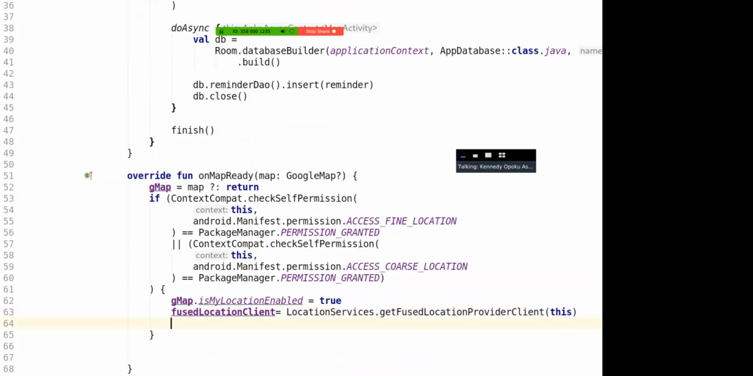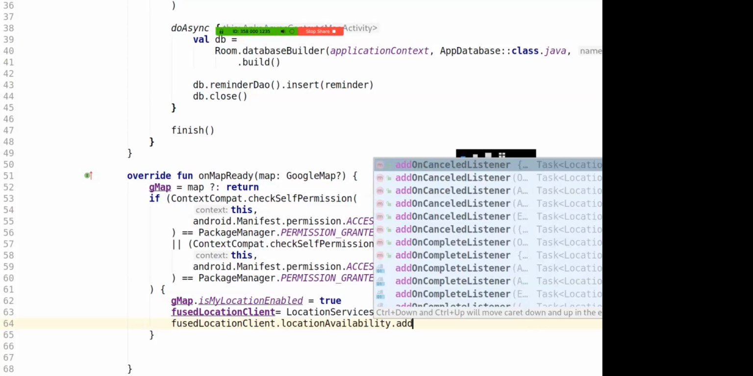So this gives me access to the location because I have the permission. I've checked here that I have the permissions granted already. So once I have this, I can now say that if the person clicks, if the map is ready, I want to zoom to the location, the last location of the person. So what I'll do is that fused location client dot location dot add on success,